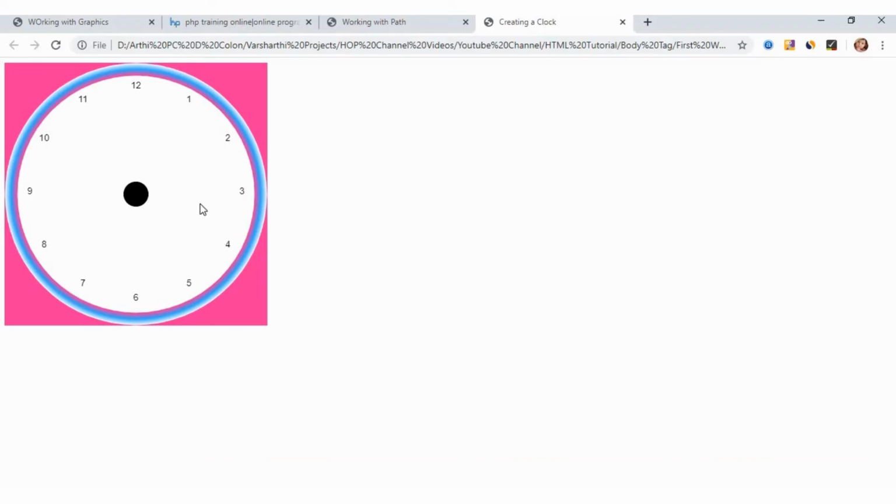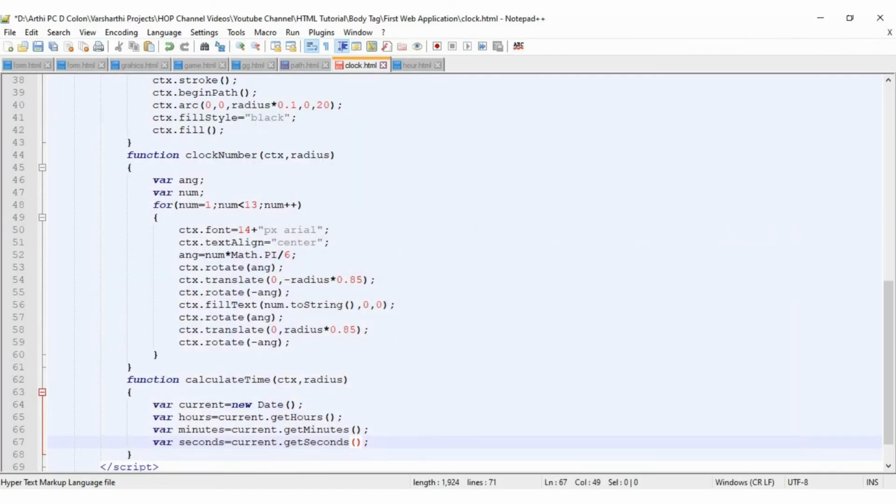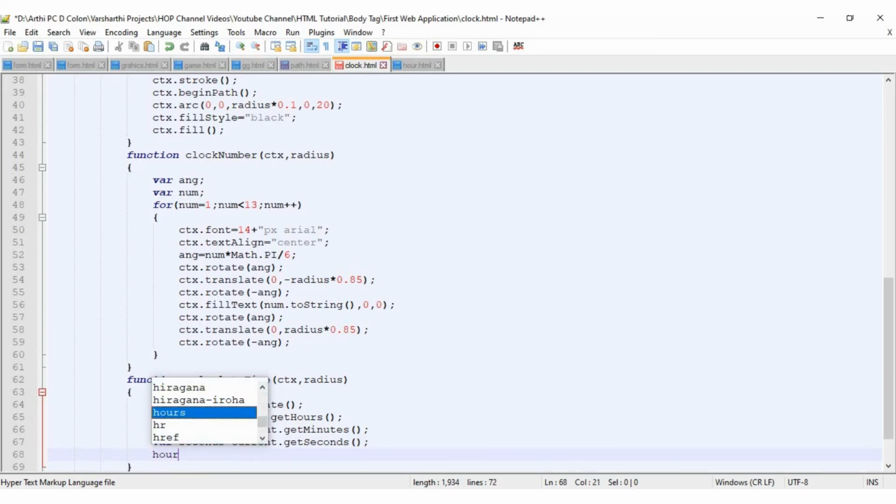So we are just having a clock, right? So we have to use the 12-hour format. For that we are going to convert our hours into 12-hour format. For that we are performing a modulo operation on hours. This 12 is used for the 12-hour format, right?